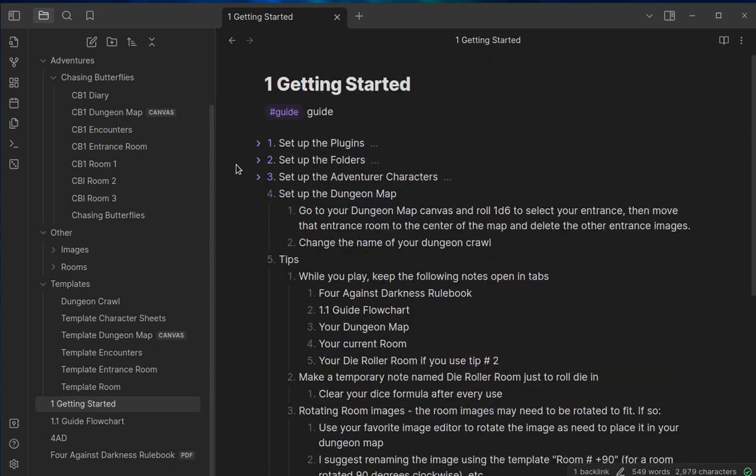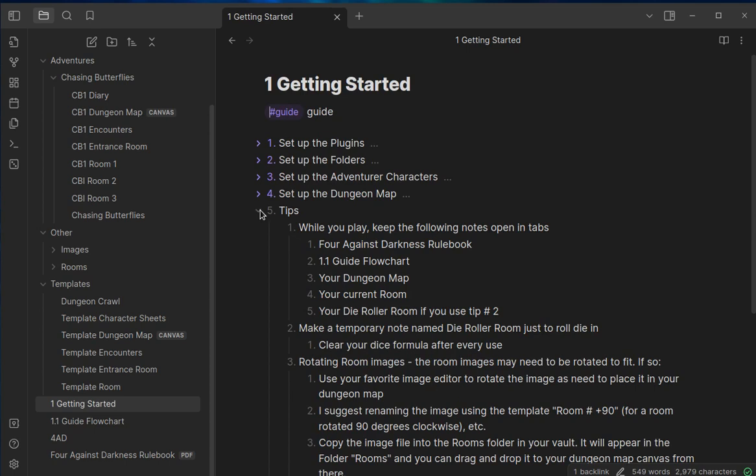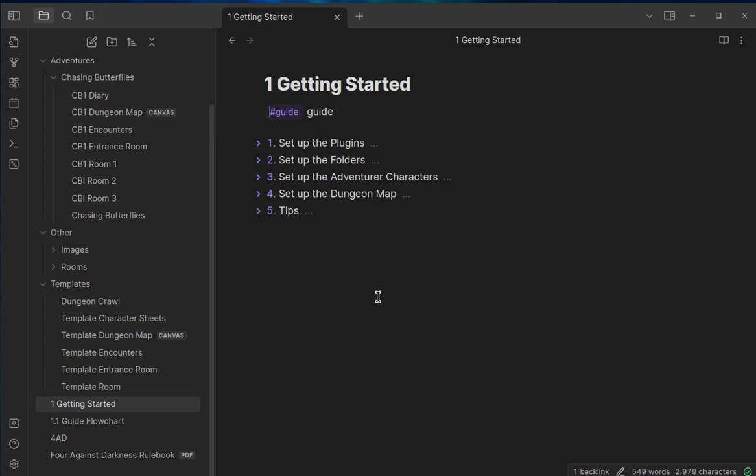Really, basically, if you have to go through this, you're going to have to learn a little bit about Obsidian. This isn't an Obsidian guide. Let's see what we're going to do now. We're going to go in here, and I'm going to show you how to use the